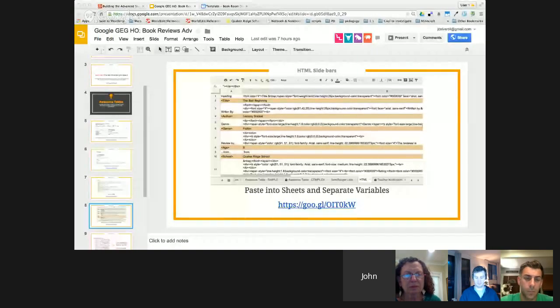So let me go back. I'm going to do screen share again. So a variable is basically, in your site, anything the student submitted in their form. So it's whatever's going to change when you click on a different book. The variables are the parts that change to reflect the new submission. So let's look. So this is my HTML page in my Google site. I'm actually going to click this link down here,